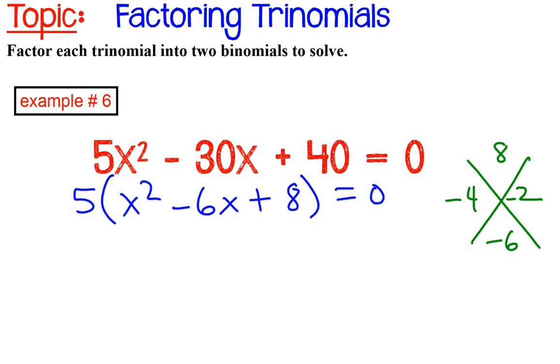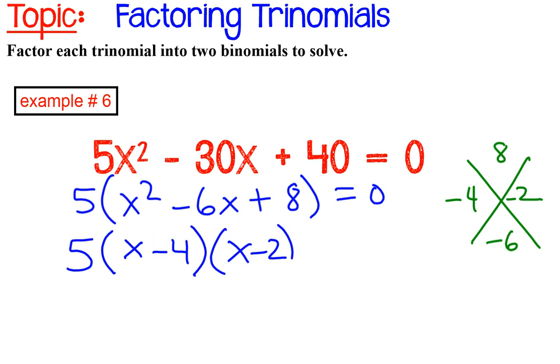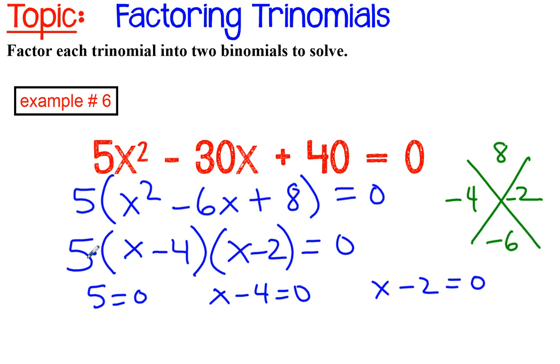All right, now watch as I rewrite my factorization. The 5 is still there, but this trinomial turns into 2 separate binomials. Now technically, this is a factor, so I'm going to have 3 separate situations here. The good news is a GCF is never going to be equal to 0, but it is a factor, so you do need to understand that it's part of your solution here. If there was an x out here because there was some kind of variable GCF, that's a whole other situation,